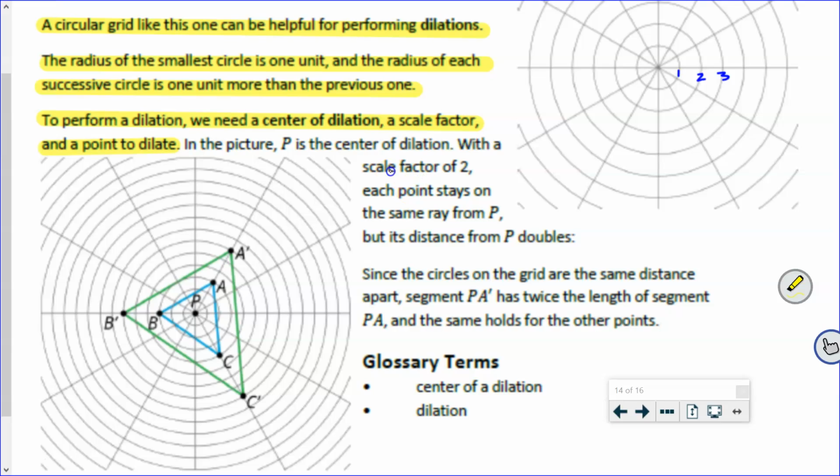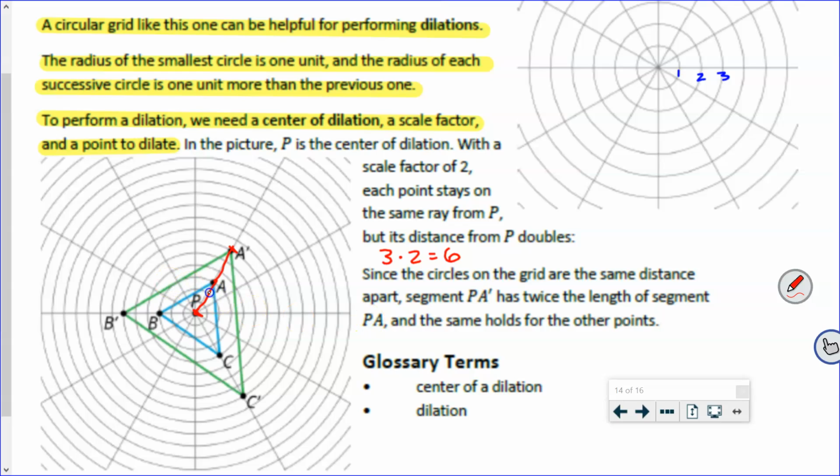In this picture, P is the center of dilation with a scale factor of 2. So P is the center, scale factor of 2 means that, take a look at A. A is 1, 2, 3 away, right? So scale factor of 2 means that A prime is going to be 6 away. So here's that 1, 2, 3, 4, 5, 6. Since the circles on the grid are the same distance apart, PA prime, the segment that goes from here to here,